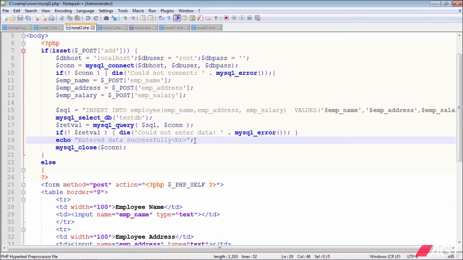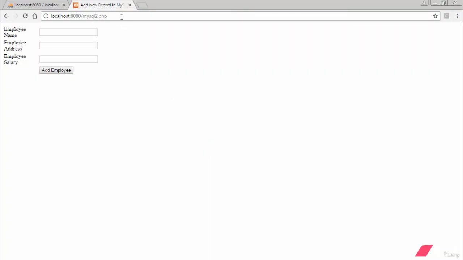Now we will fill up the new record by accepting it from an HTML form. So let us run this mysql2.php. As I enter the URL mysql2.php in my browser, an HTML form is opened in which these three text fields are there to enter the name, address and salary, and then there is a submit button. So some data I will introduce or insert. Something like this,